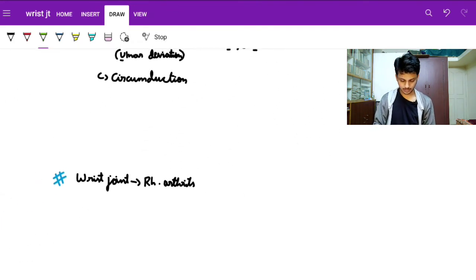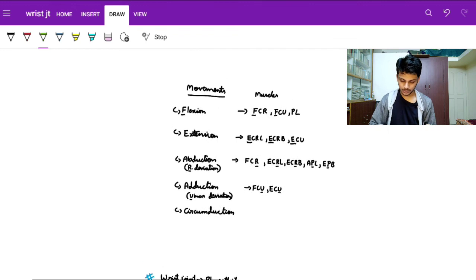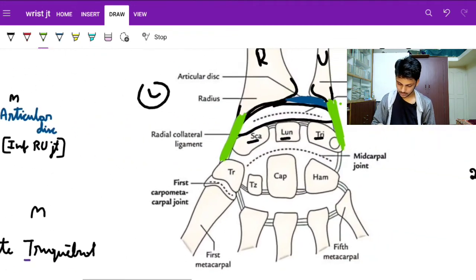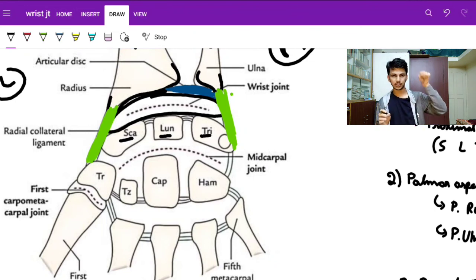Then there is the wrist joint, the clinical importance. The wrist joint is one of the most commonly affected joints in rheumatoid arthritis. The wrist joint and the interphalangeal joint. So that is one of the clinical importances. And one more importance is that usually the wrist joint and there's one more joint here. Can you see this, guys? The movements of the wrist joint and the midcarpal joint work synonymously and cause a functional similarity, they function like one joint, but there are two joints basically.